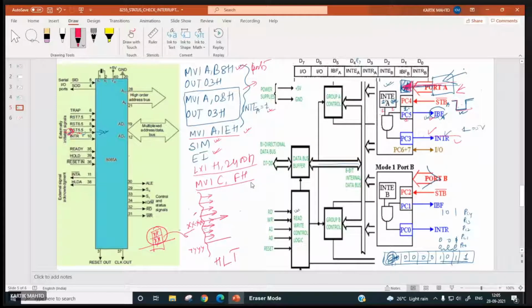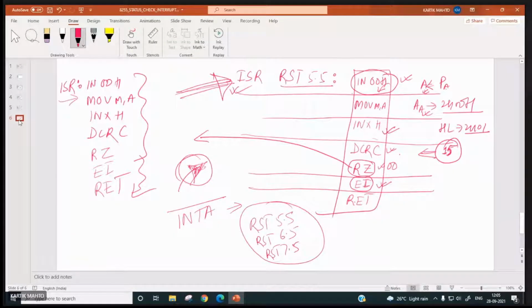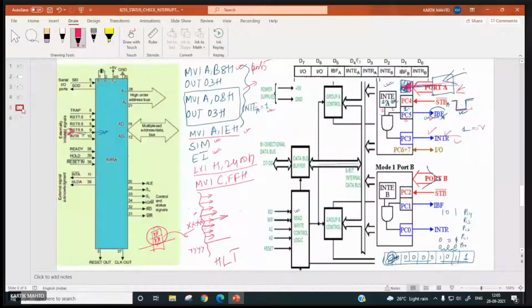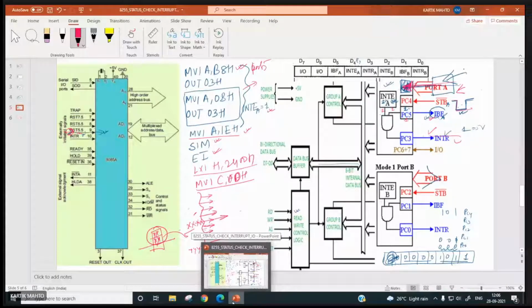If we put FF here, how many times will the ISR execute? Sir, 255 times. 255 times. Now if we write 00 here, then? How many times will the ISR be executed if we have put 00 in the count?